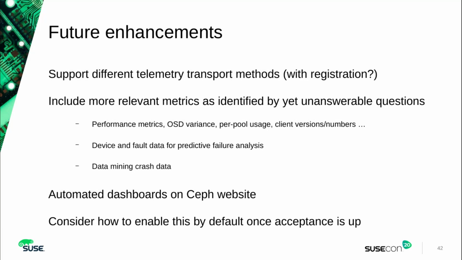And of course, going through this data, we have found a lot more metrics that we would like. So performance metrics, say average OSD commit latency, these kinds of things. The variance of the data distribution across OSDs, so we can tell how effective we are at pseudo-randomly distributing data correctly. What also would be very interesting are client versions, so that we can tell what features are used. We can tell what the minimum client version is that a cluster still supports, but we don't know what kind of clients actually connect to such a cluster, which would be really important for understanding what kind of compatibility testing